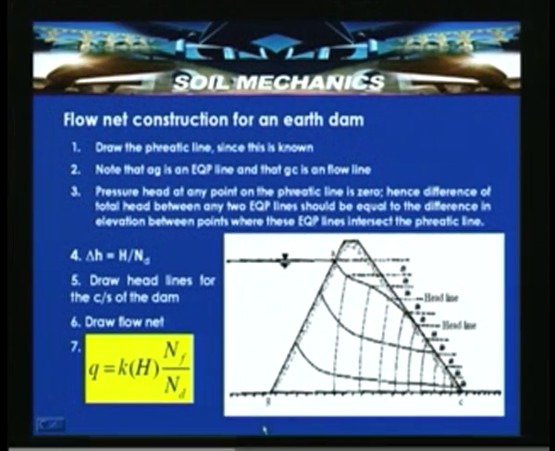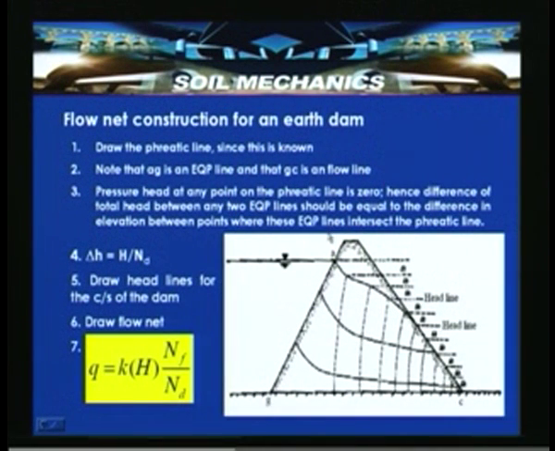Then for the flow net construction in an earthen dam, we said that once the phreatic line has been constructed and approximated as per the methodology suggested by Casagrande, then if H is the head loss, the head which is driving the flow, with this as the upstream side, this the toe of the slope and this the downstream side, then depending upon the number of equipotential drops, simply divide this into several delta H's. If there are n equipotential drops, divide this total head by n.